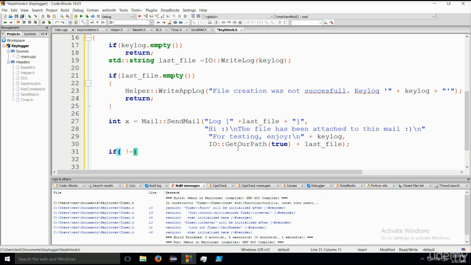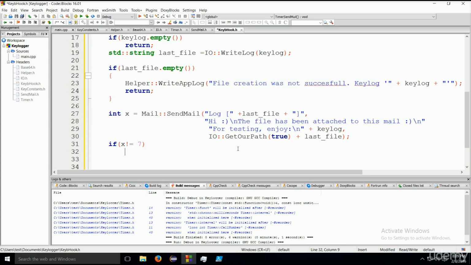X not equal to 7. So this means that the mail sending has failed. It has failed. Therefore,